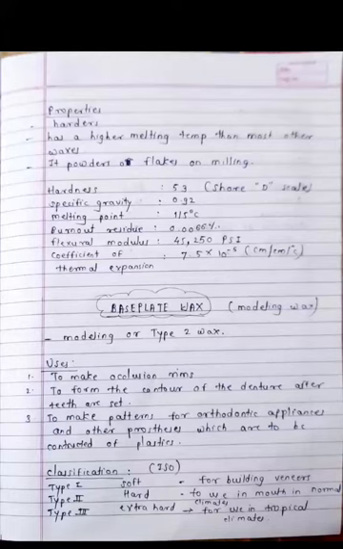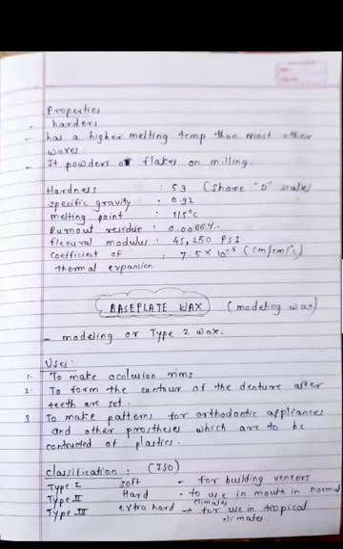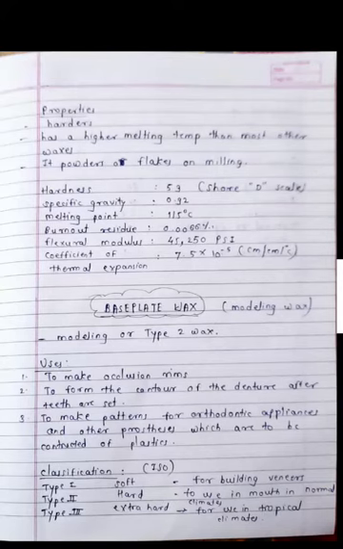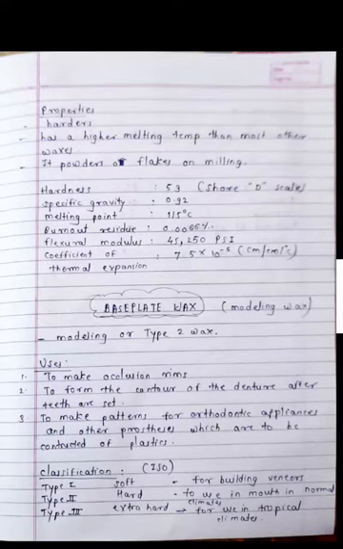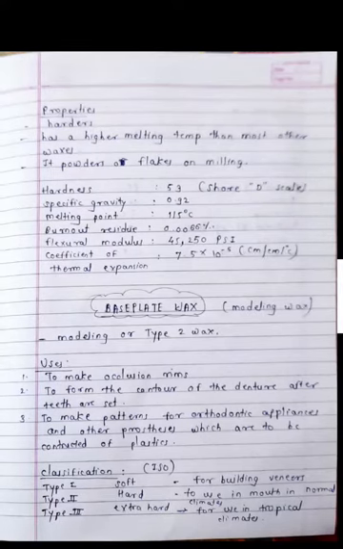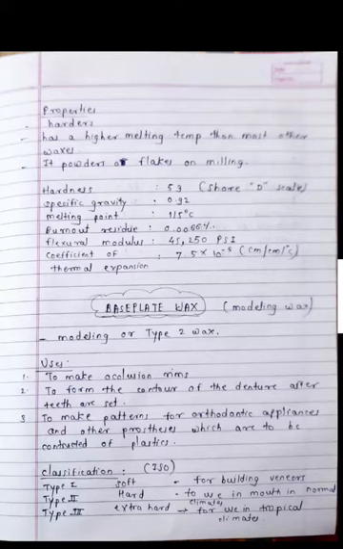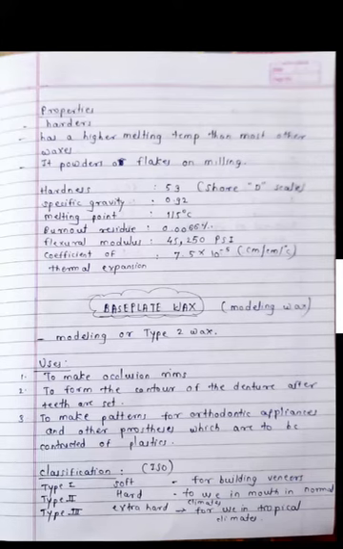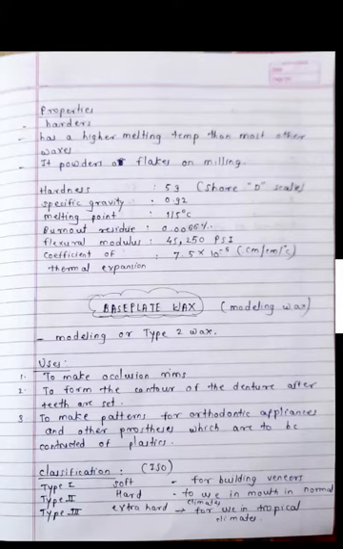Now the base plate wax. We are all familiar with the base plate wax. Another name for this wax is modeling wax. It is available as a red colored sheet and we use it for making occlusal rims. In pre-clinics you have made occlusal rims, which we make for the teeth arrangement. So this wax is used for making occlusal rims.